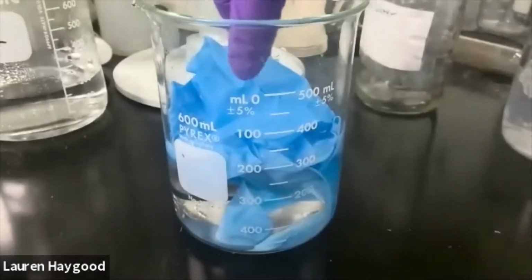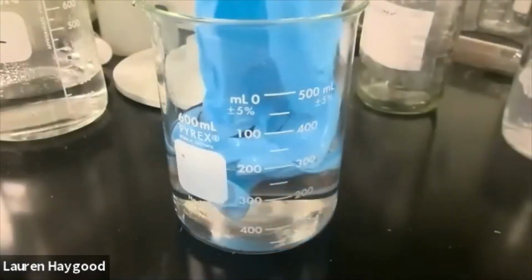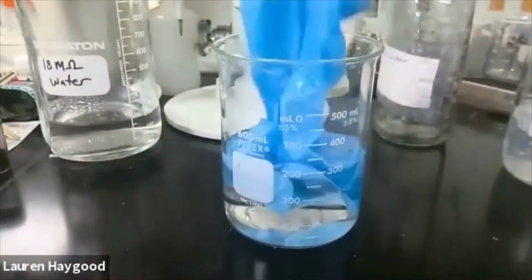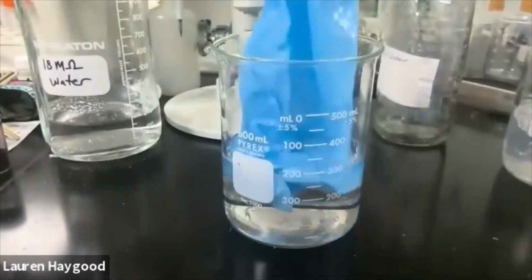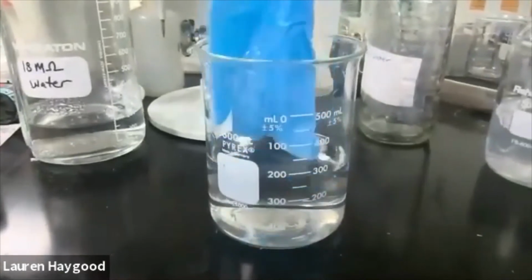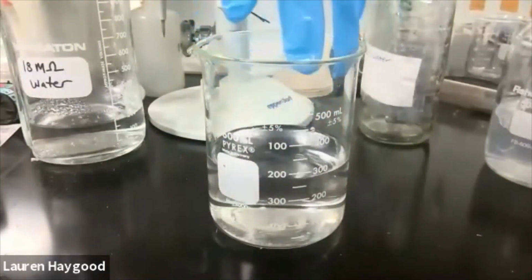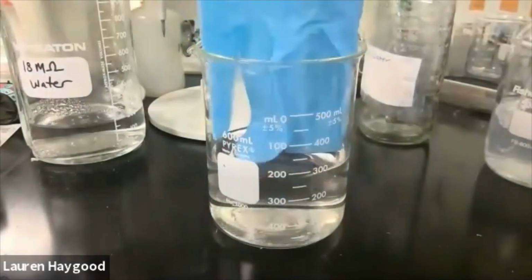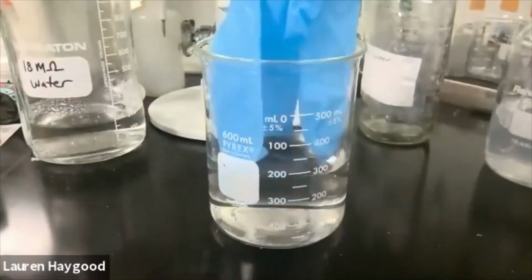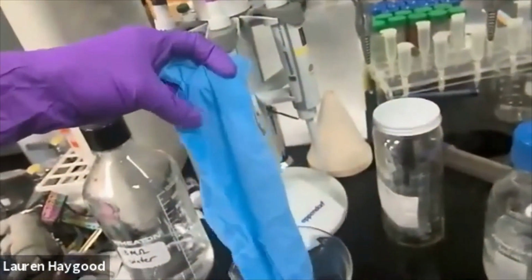Alrighty, so let's take a look at what we have going on so far. So I am now wearing gloves because it is recommended to do so. But basically there's two distinct colorations going on in the lab glove. I'm gonna try and raise this up. So basically what we have going on is it's kind of like right here is the cutoff point, but